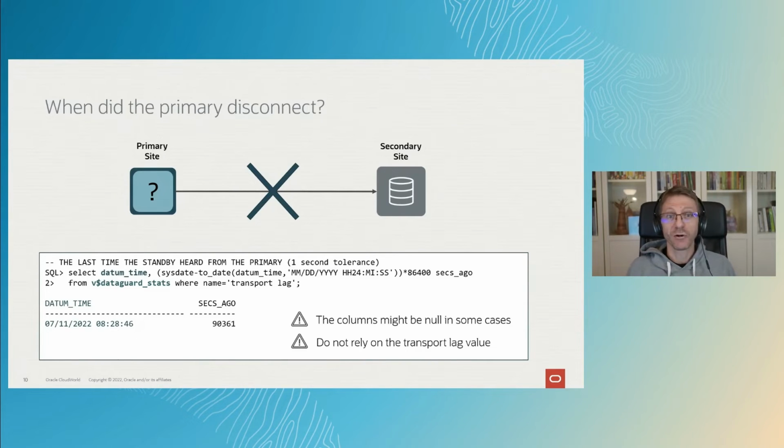When I have a standby database that got disconnected from the primary site, and imagine that I don't have access anymore to the primary site, I completely lost my primary site. I only have my standby database and I need to fail over to it. And the first question that I have: how much data loss do I have? If I fail over now to the standby database, will I lose any transaction? How many transactions? So many customers say, okay, I will just check when the primary disconnected from the standby database and assume that that time frame is the data loss that I'm losing. But that might not be accurate